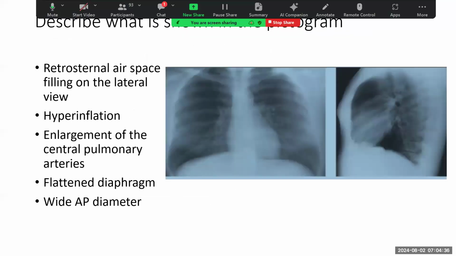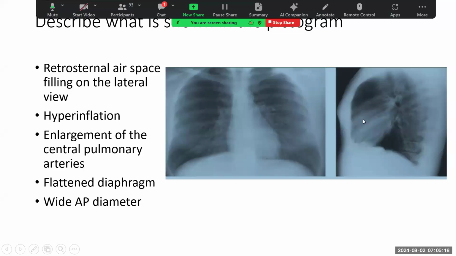So the picture here and the history are suggestive of chronic obstructive pulmonary disease. And then this is a PA and lateral chest X-ray of the patient. And we can see the picture here does not suggest that this patient had heart failure, even though the symptoms could be in keeping with heart failure because of the orthopnea and leg swelling. So the patient does not have congestive cardiac right and left heart failure, but this patient could have COPD with cor pulmonale. The COPD has been shown to also present with orthopnea and then paroxysmal nocturnal dyspnea as well.